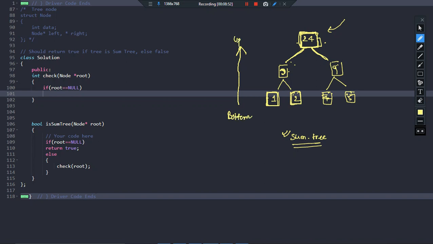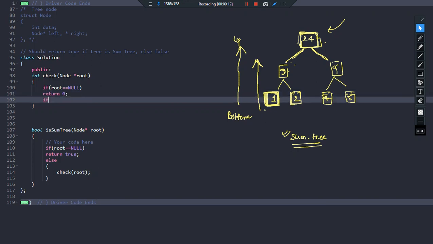So it is necessary that I first reach this end, and from here I will start traveling upwards. So for that particular reason, suppose I reach this end, what will be my base condition? The base condition will be that if your root is equal to null, then I will be returning 0.